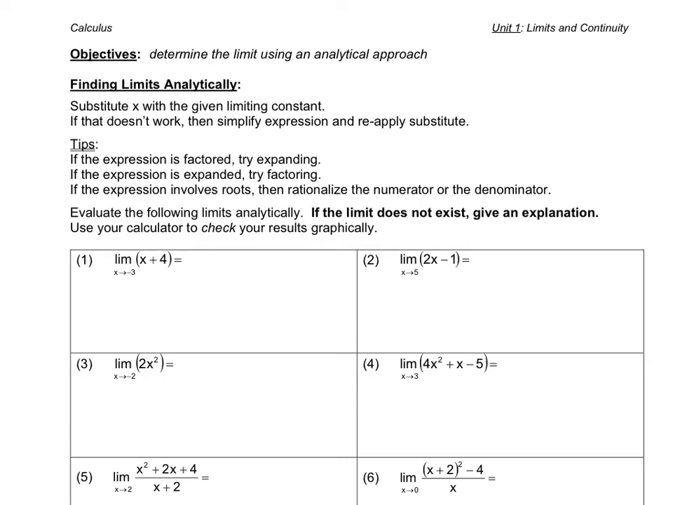I'll do a real easy one for you, then I'll jazz it up a little bit. So basically all of this stuff really boils down to the idea that if you can get your answer just by plugging in the x value, then do it. Right? So in number 1,